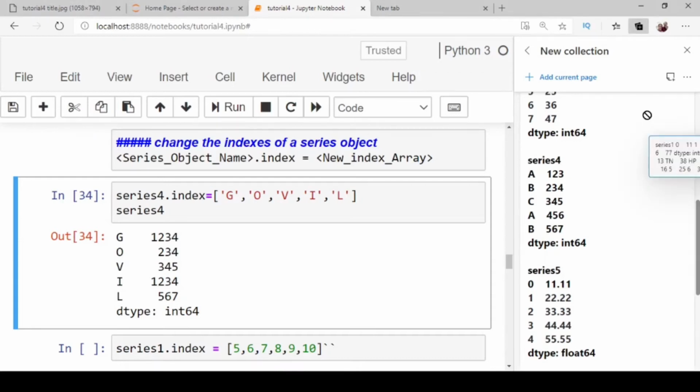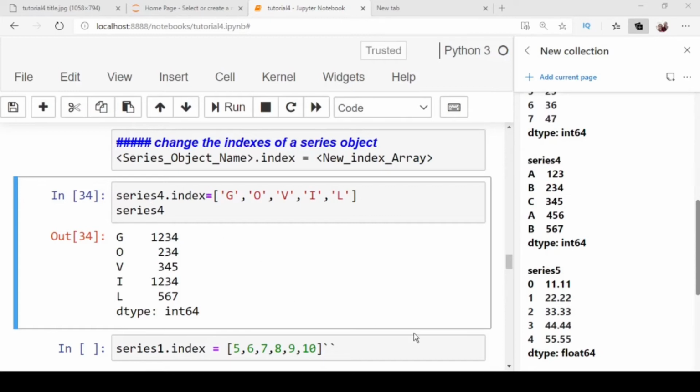Here you have to ensure that the size of the new index array must match the existing index array size. In other words, the new index array should not have more or fewer indexes than the existing series object.